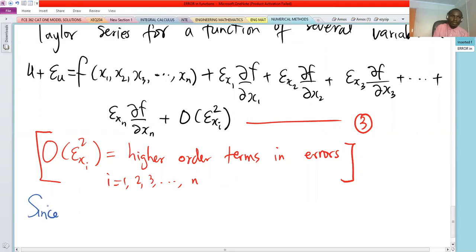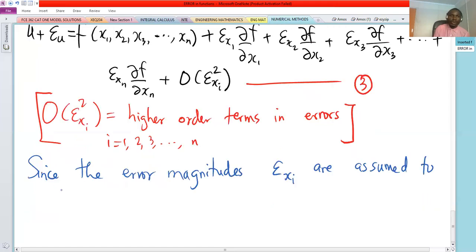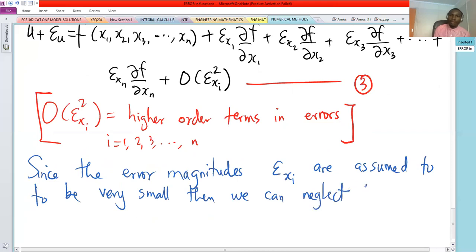So since the error magnitudes epsilon subscript xi are assumed to be very small, then we can neglect these higher order terms in these errors. Therefore, 3 just becomes,